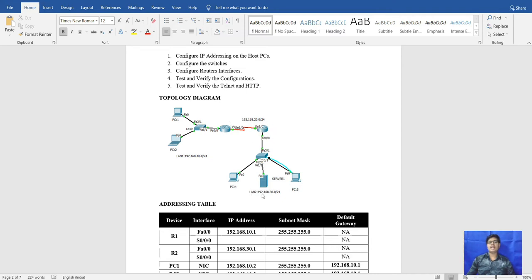And here LAN 2 is 192.168.30.0/24. For this, we will enable the router interface and give the gateway 192.168.10.1, which will be the gateway for LAN 1. Between these two routers, the gateway will be 192.168.20.1, and for LAN 2 it will be 192.168.30.1.